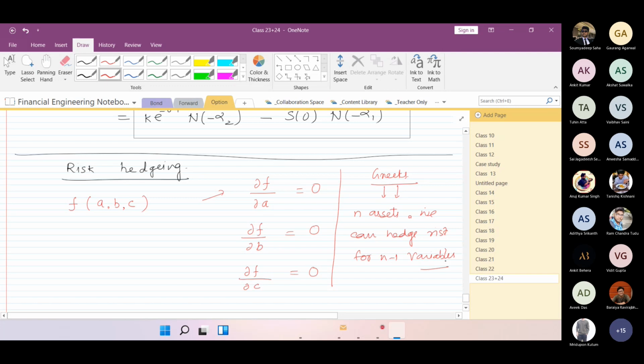Right. So suppose we have two assets. For changing one of those variables, only one variable, we can arrange it so that if it is changing, my asset value will not change. This we will be proving in the next class, and also we'll talk about the Greeks. There are mostly two things: delta gamma hedging. That's the important one. And what all other Greeks are there, that is what we will talk about in the next week.